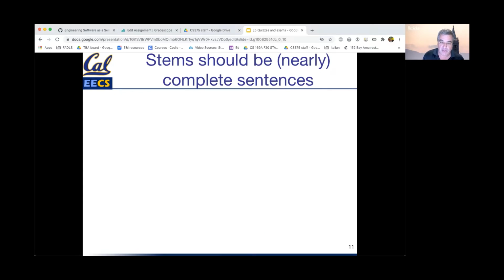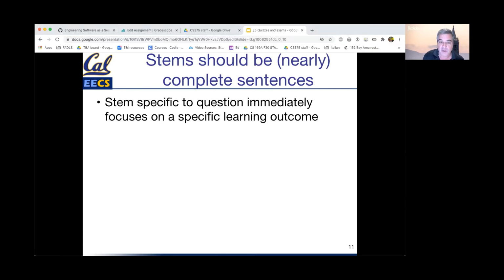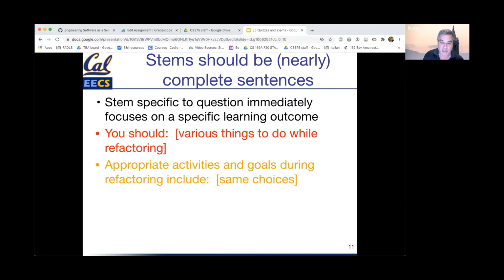A related piece of advice is that a good stem should almost be a complete sentence. And if you follow the advice about making stems focus quickly on the learning outcome, this advice should almost come for free. But let me just give you an example. We had a question on a quiz recently that had to do with activities that are appropriate or not appropriate during the refactoring of a piece of software. So a sort of exaggeratedly comically bad question stem would be, you should, and then various choices of things that you do while refactoring. An improvement might be something like, appropriate activities and goals during refactoring include, and then having